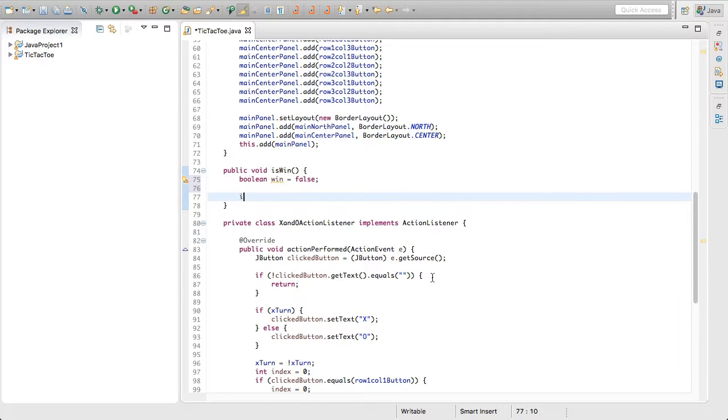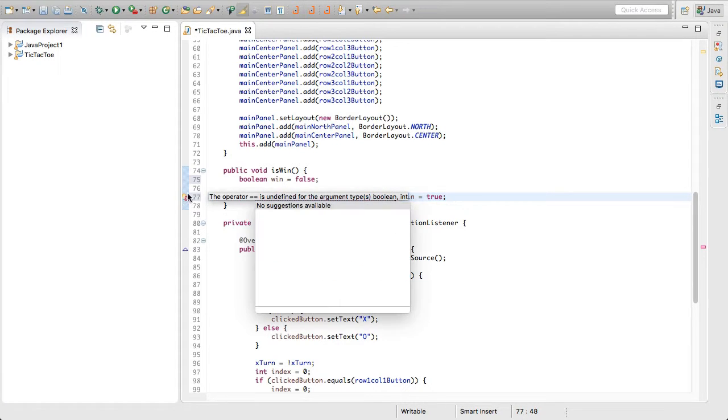So we're going to do if, and then we're going to do states 0, and then that is equal to states 1, and that is also equal to states 2, then win is assigned true. And so we're going to be doing a bunch of single line if statements like that, where we've got the condition and then we set that there. Now this appears to be giving us a little